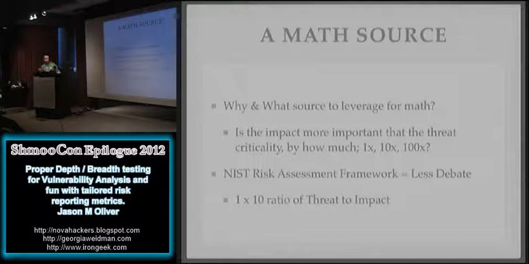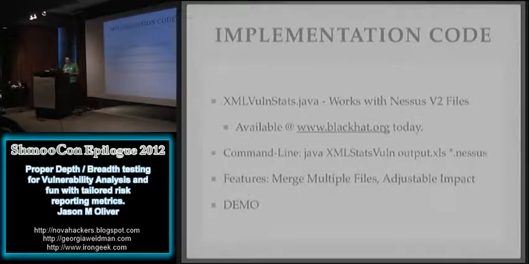I took the math source from NIST that says that right now I'm going with a threat to impact 10 times ratio. So the importance of the host in your network is 10 times more important than the threat source. So if you have a critical on the secretary's workstation versus the domain controller, you get a 10 times impact there. So I took that and implemented it into actual code,